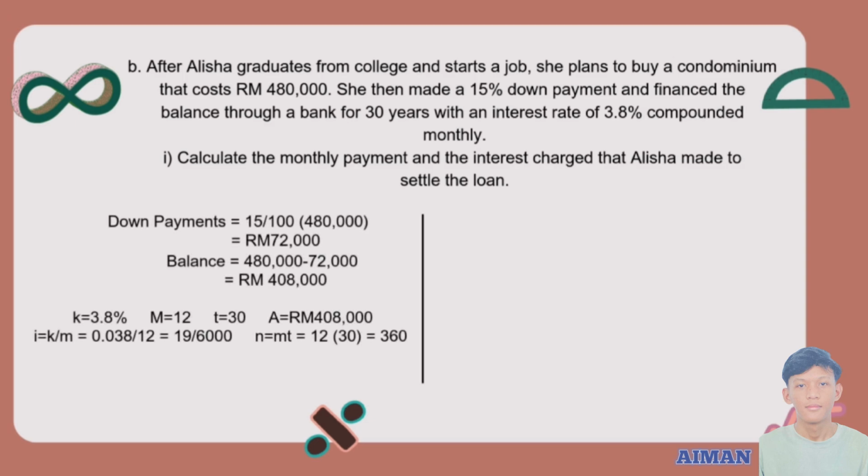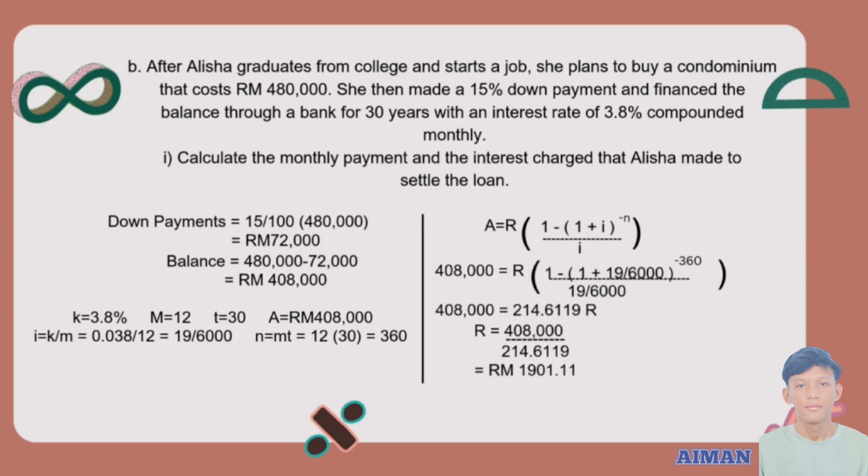First, we need to find the down payment and the balance we need to calculate. Then we extract the information given in the question. To answer this question, we need to use this formula: A equal to R multiply (1 minus (1 plus I) power of negative n) over I. So we put the numbers into this formula, which is 480,000 equal to R multiply (1 minus (1 plus 19 over 6000) power of minus 360) over 19 over 6000, and we get RM